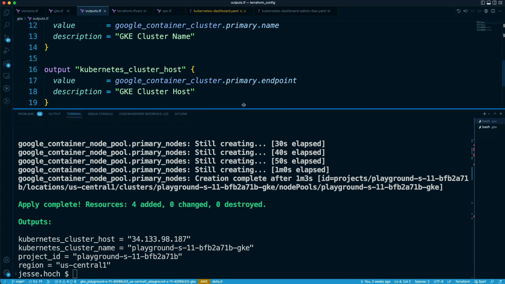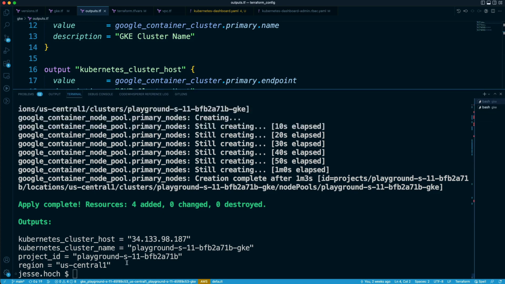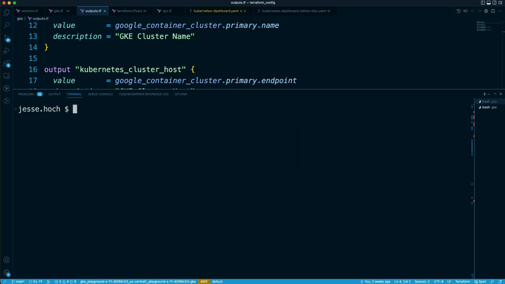So the next step after our cluster has been successfully deployed is to configure kubectl. Now, what I've found is that the GKE Kubernetes service is slower to come up than, say, our AKS or EKS clusters from previous demos. So more than likely, this command will probably give us a warning, but I'll do it anyway just so you can see that warning. It's a longer command, so I'm going to copy it and paste it